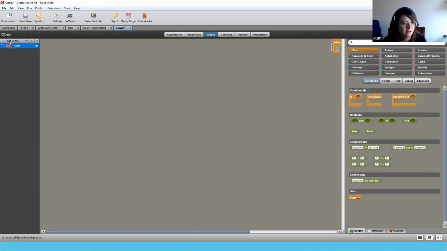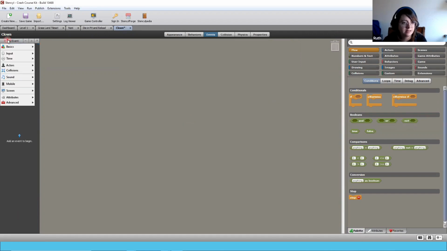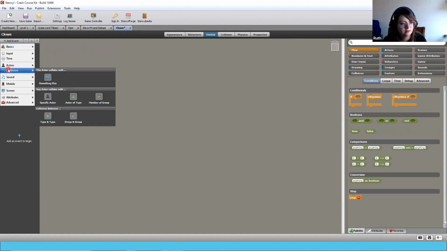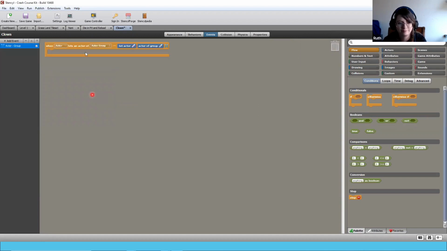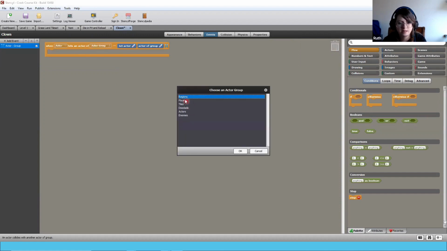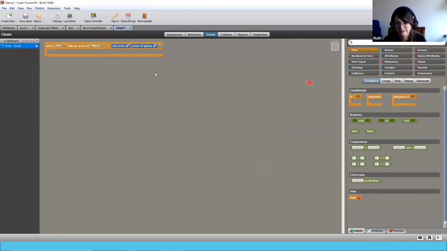Okay. I'm going to delete an event and click on the minus, add event there, collision. I'm going to do member of group, and then the member of the group, choose group, is players. There we go. So when this actor hits an actor in players, I am going to do score plus score equals